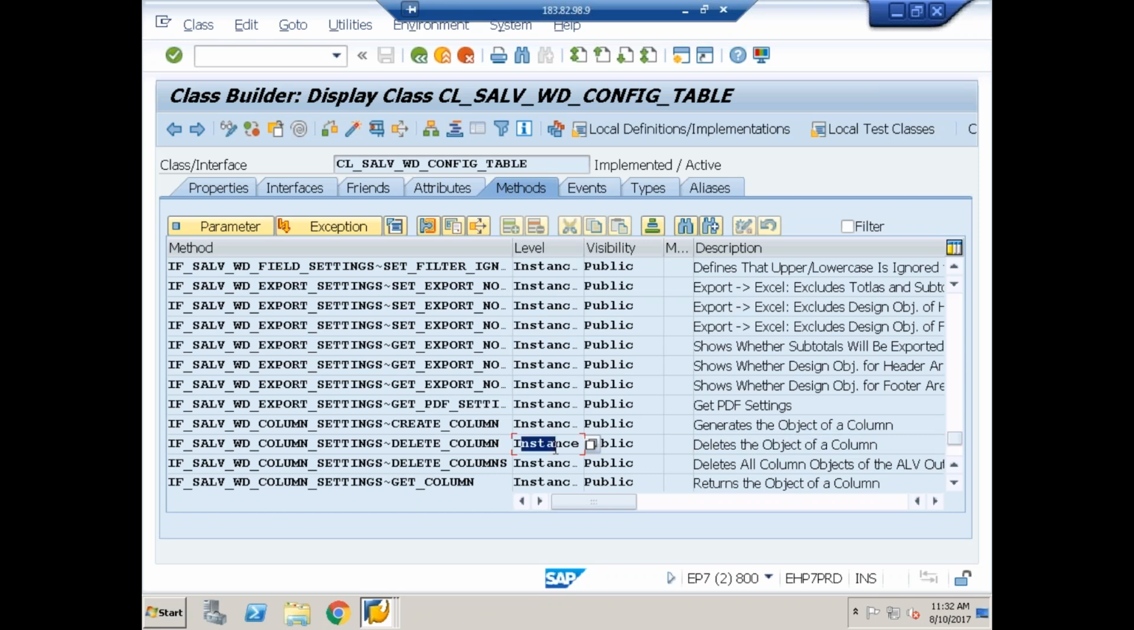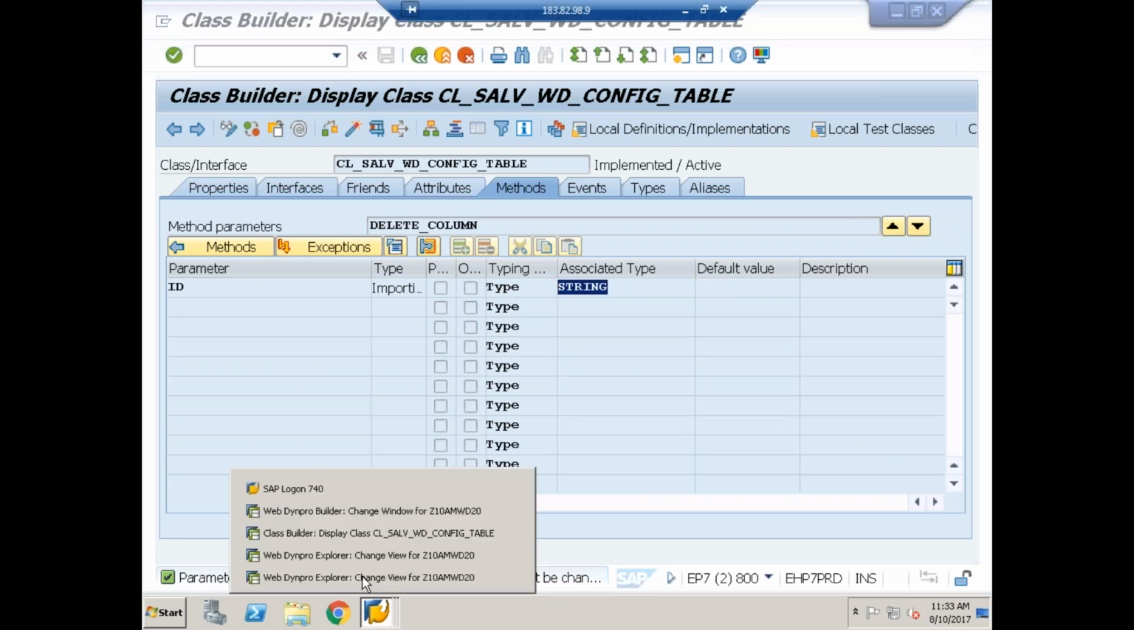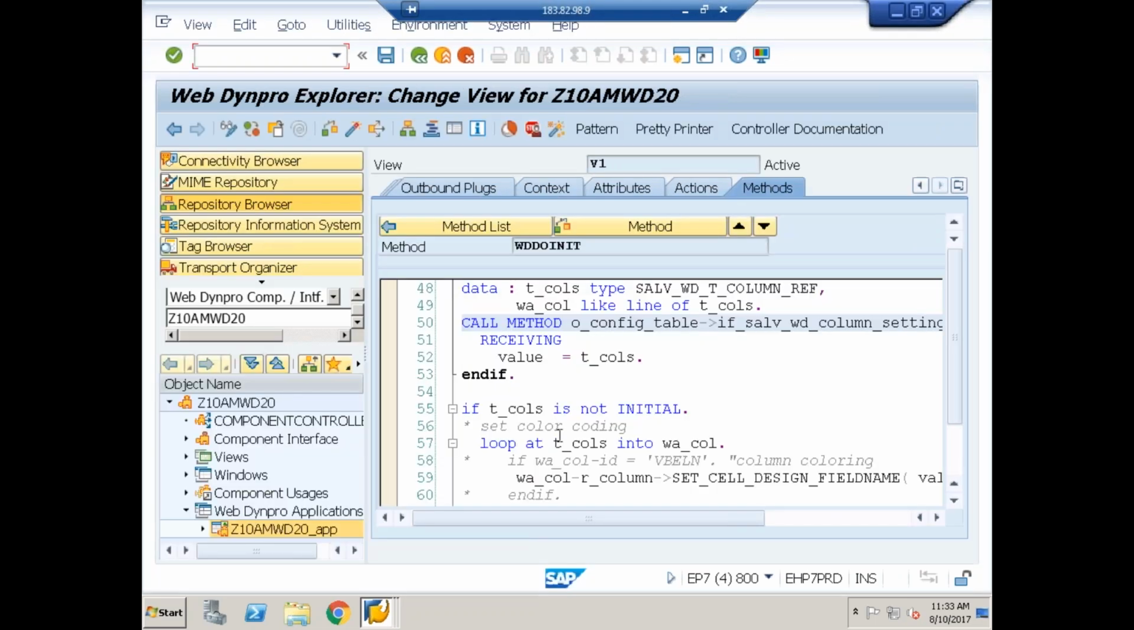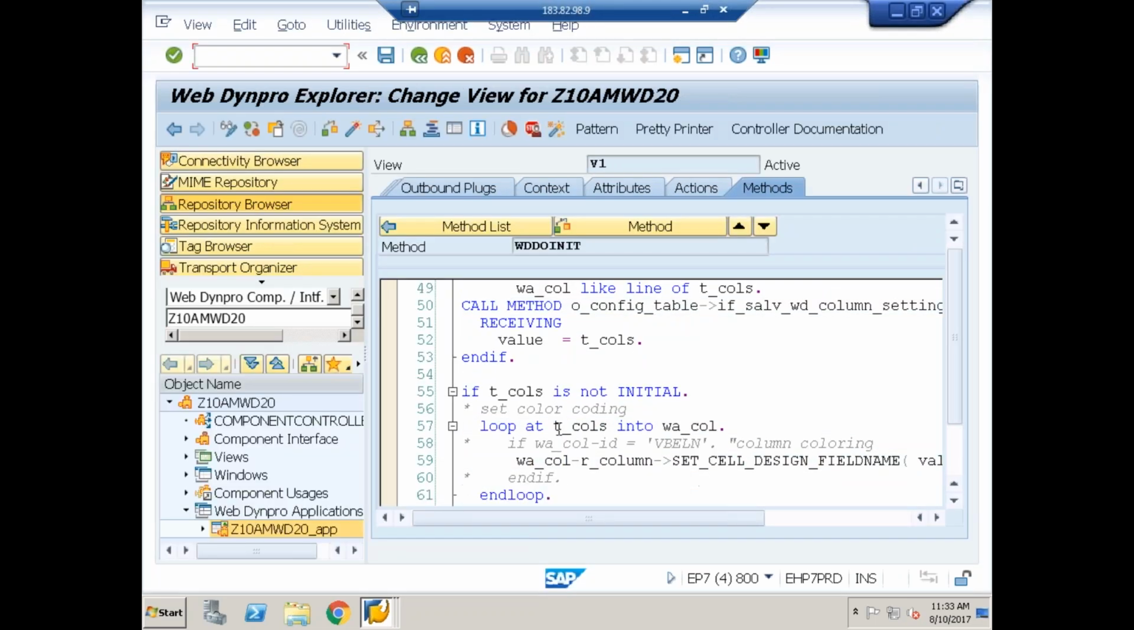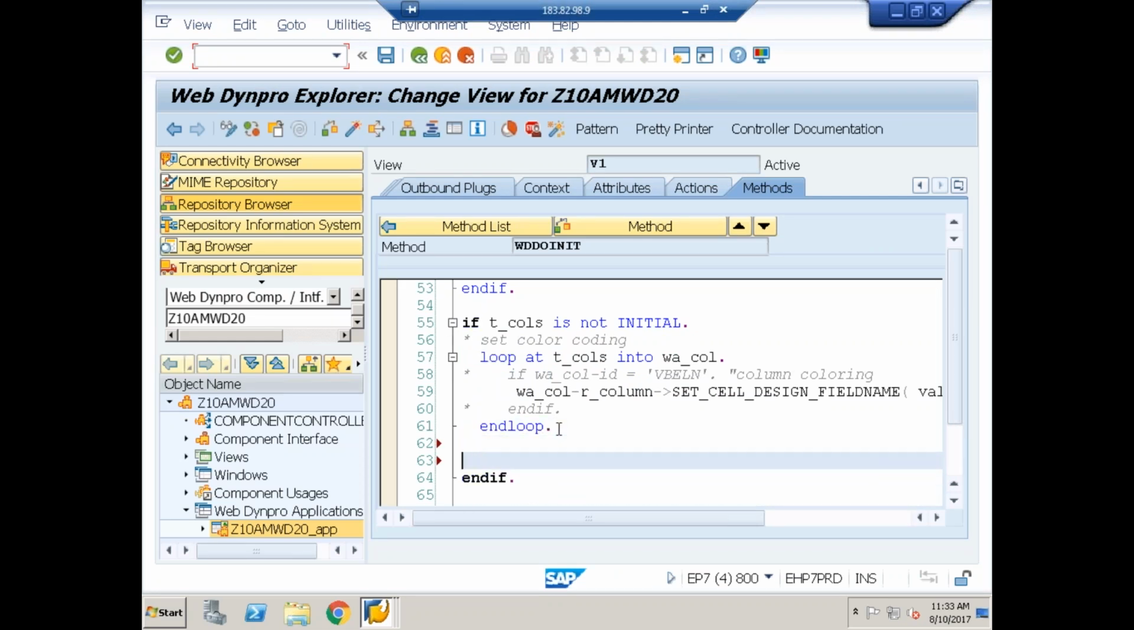Instance public, okay. What is the signature of this? ID, might be the name of the column. So what I'll do after setting the color: where is that? Yeah, here. What is that? Delete the color coding column